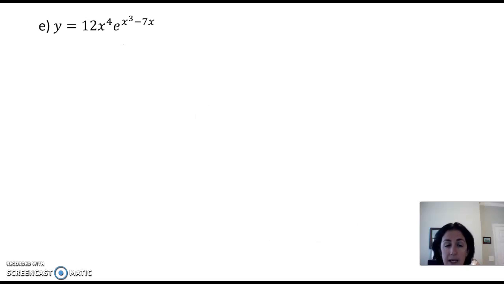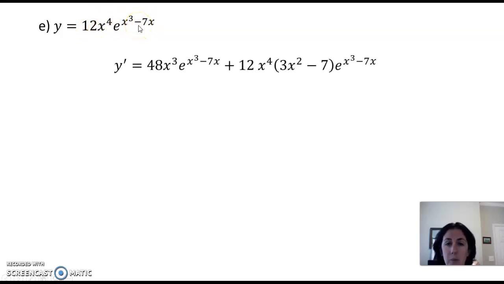Here we have 12x to the 4th times e to the x cubed minus 7x. We're trying to take the derivative. We have 12x to the 4th times e to the x cubed minus 7x, variable times variable, we're going to have to use our product rule. Derivative of the first, which will be 48x cubed, times the second, plus the first, 12x to the 4th, times the derivative of the second, which will be the derivative of this power, 3x squared minus 7, times e to